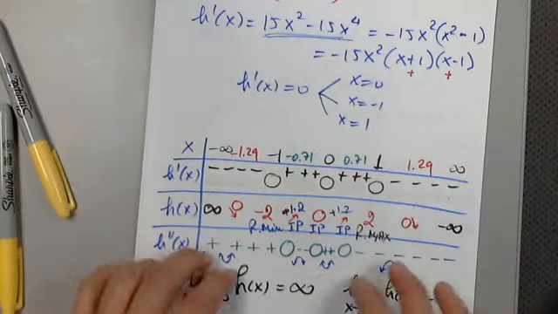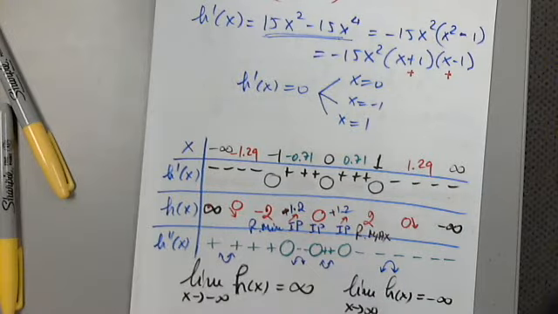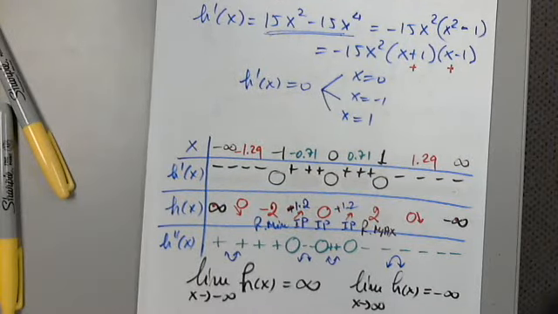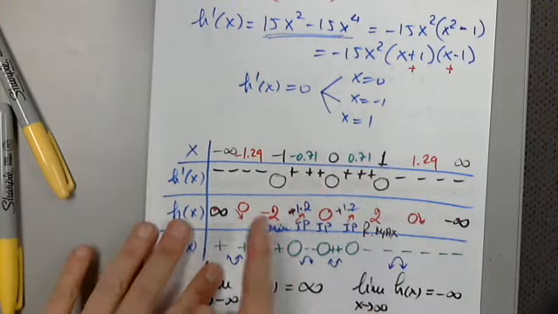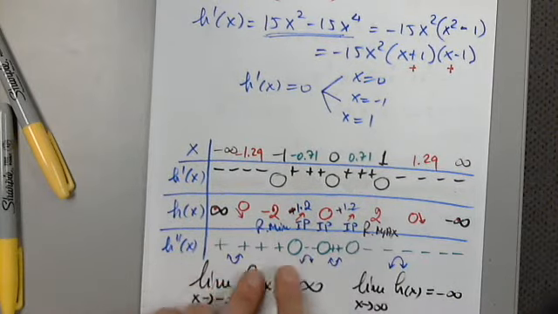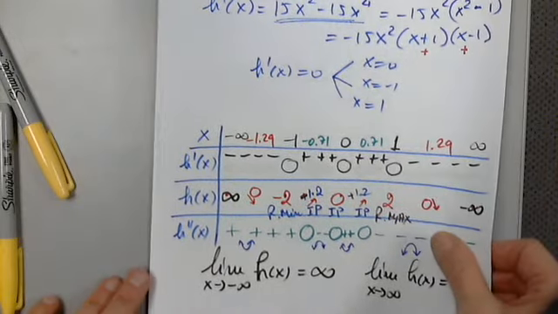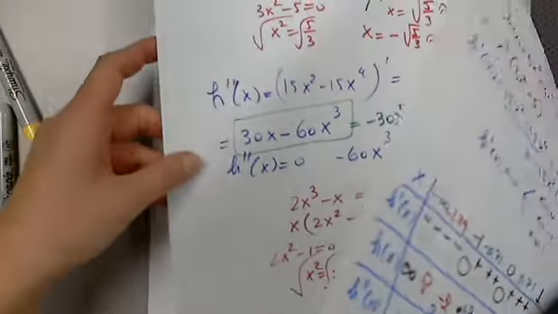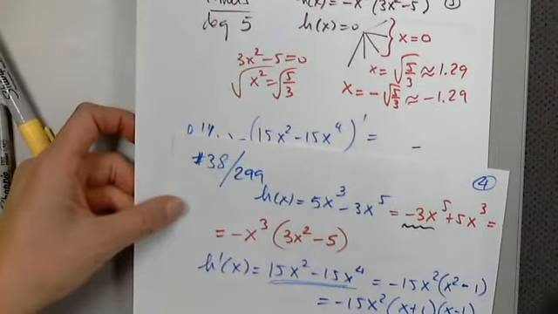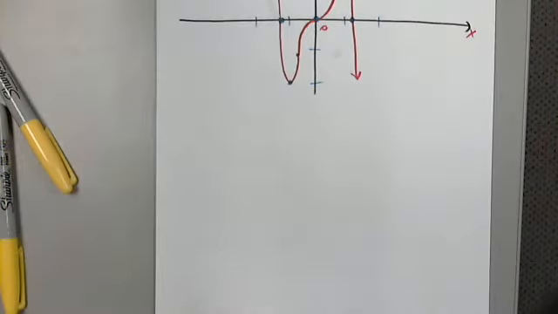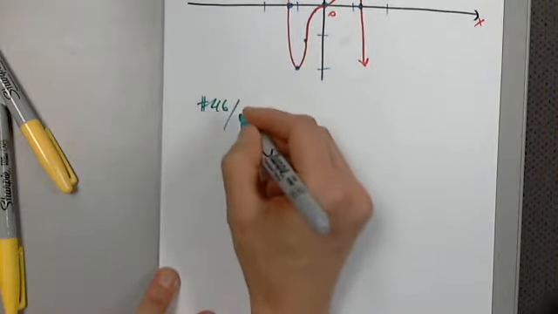Do you understand how important organizing all the information is in order to be able to graph? Because I have everything here. It tells me everything: increasing, decreasing. It tells me where the inflection points are. It tells me how it's opening up or down, and where max min are. Any questions? This was a lot of work. Also a lot of numbers to determine. Okay. So let's look at, let's say, x squared minus 4, problem 46 on the same page,